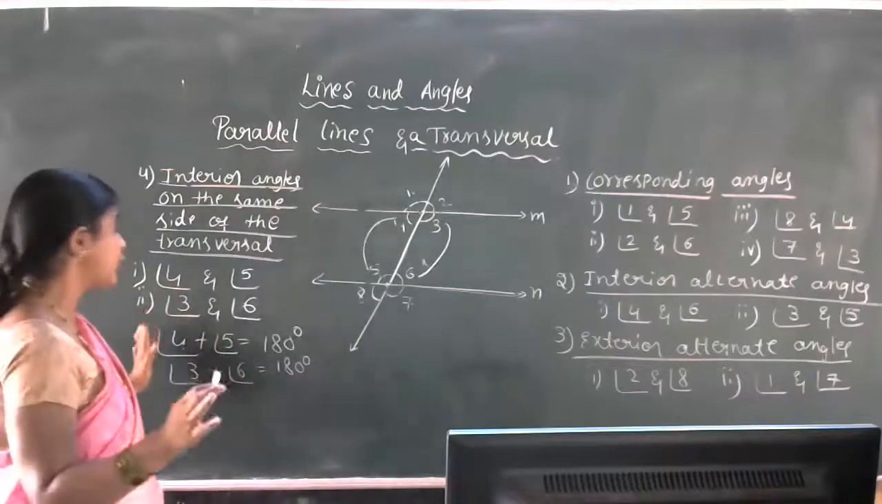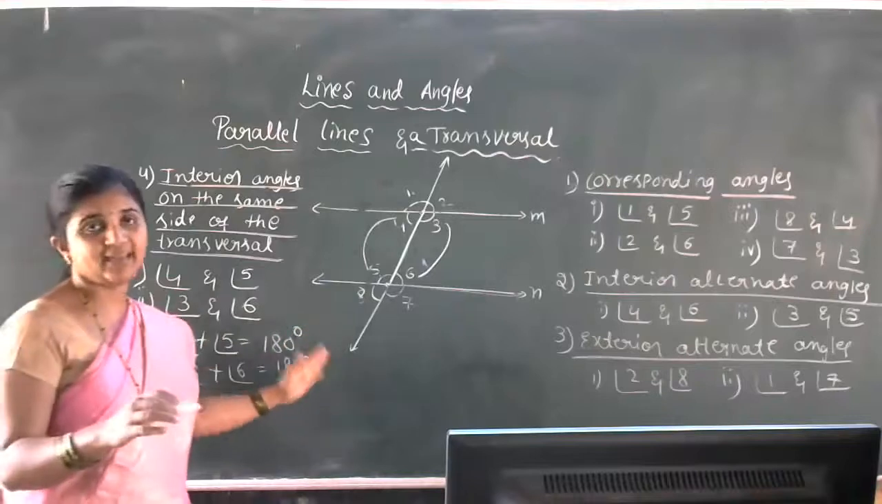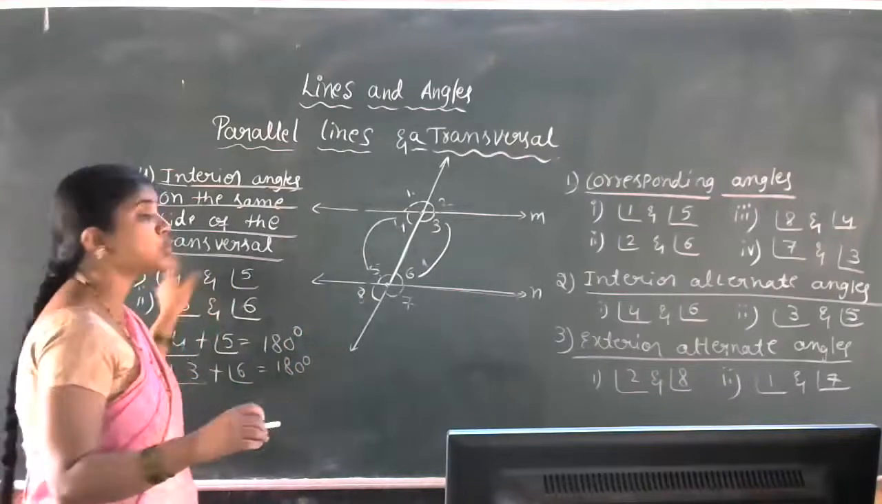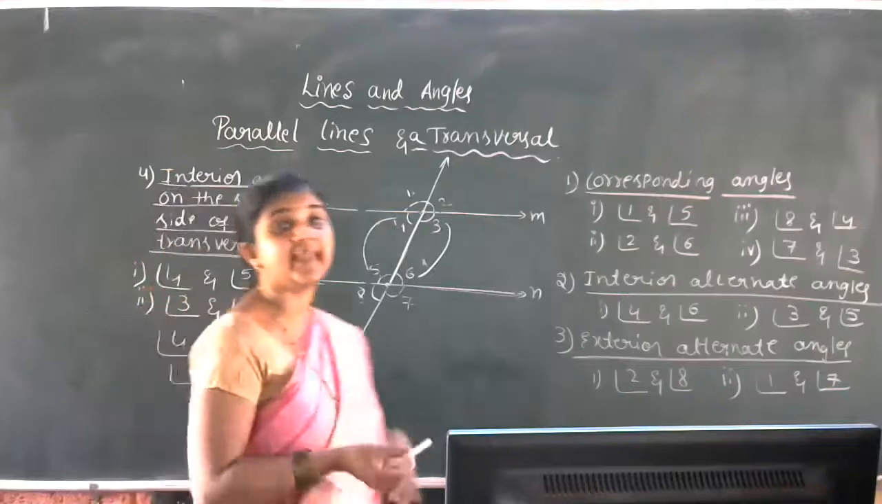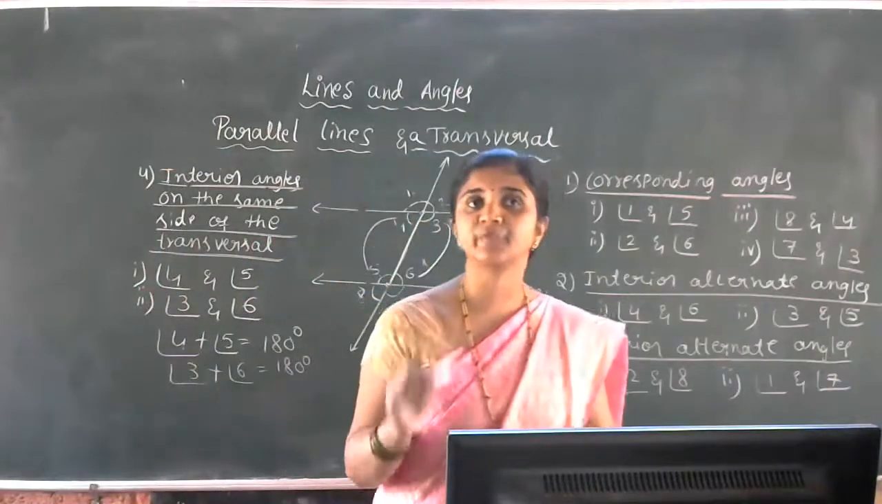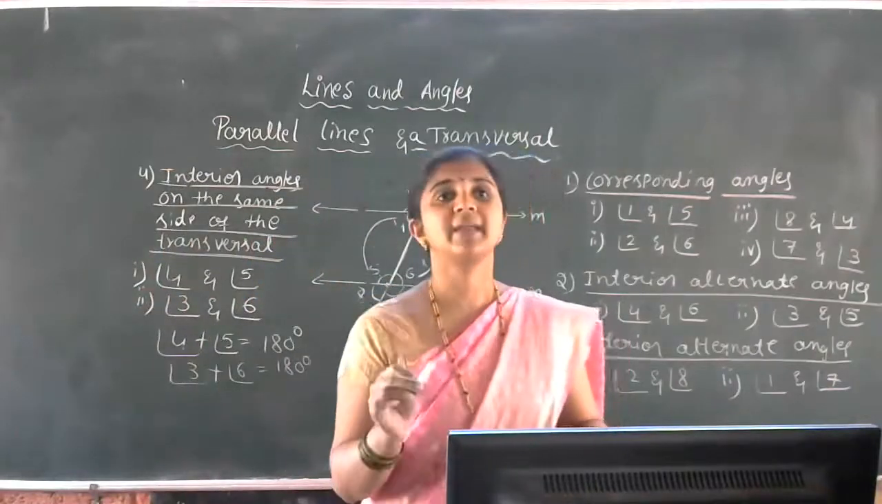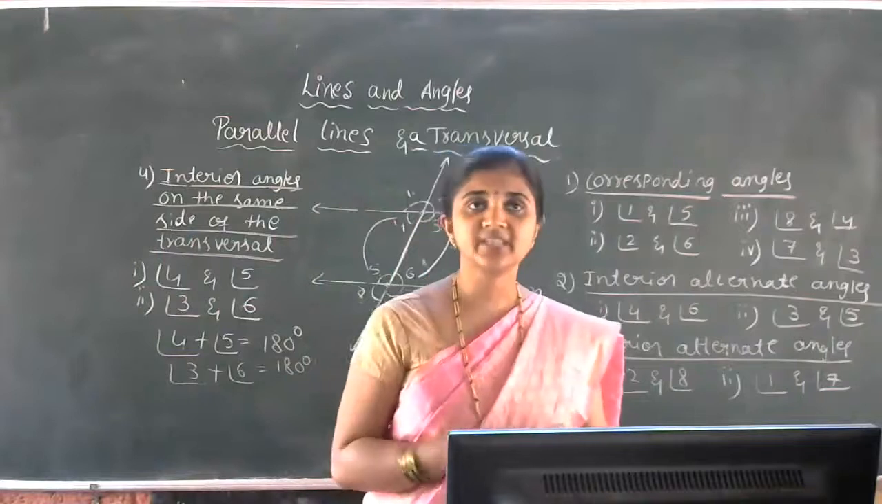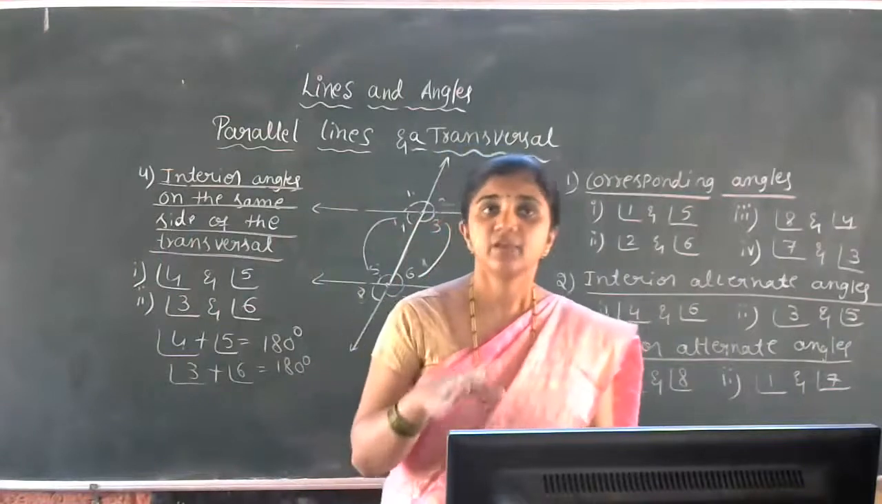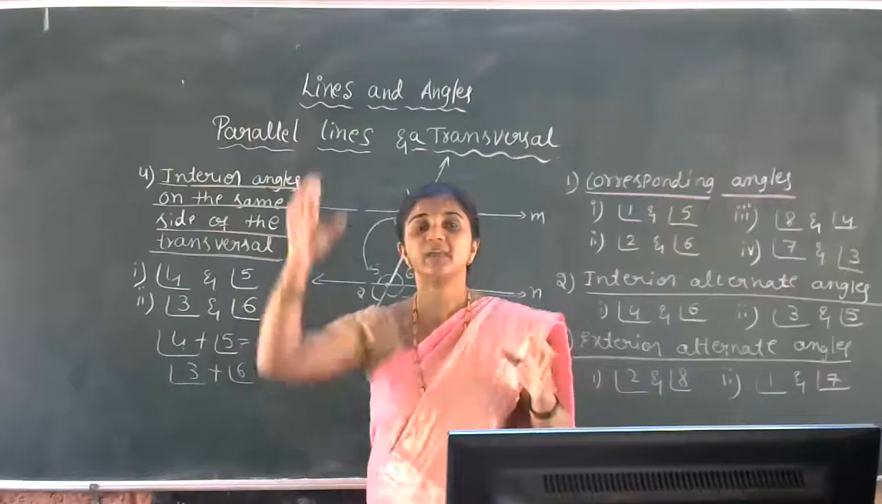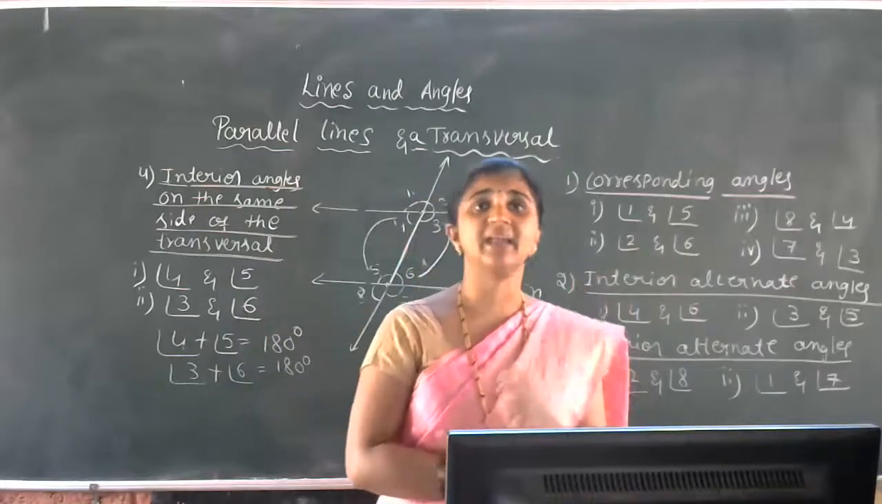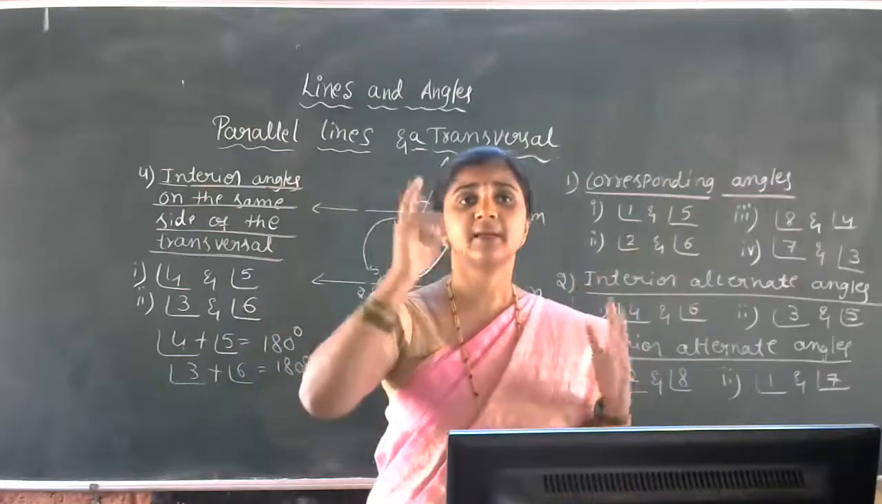Okay, so 4 plus 5 is 180 degrees, or the sum of these two angles is supplementary. Supplementary in the sense that the sum of the two angles is equal to 180 degrees. Is that clear, students? The property is very simple. If two lines are parallel and a transversal intersects the parallel lines, then the sum of the interior